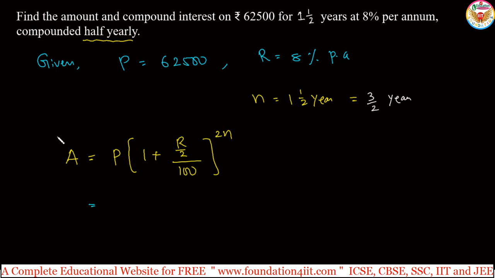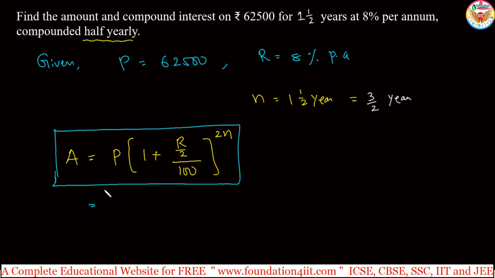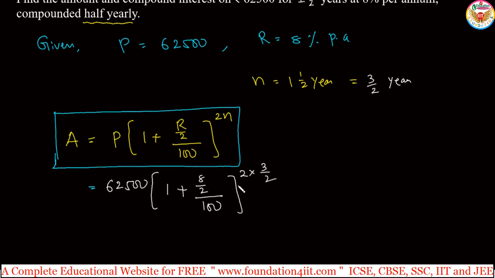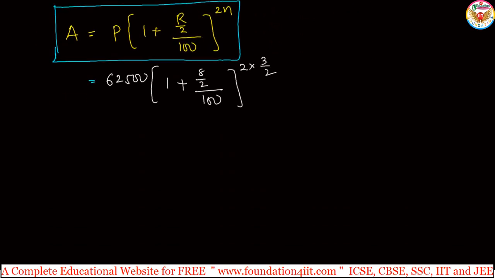Let us calculate. This is the formula to find the amount as we discussed previously. Now the P value is 62,500, 1 plus R is 8, so 8 by 2 divided by 100 whole to the power 2n, where 2 stays as it is and n is nothing but 3 by 2, converting the mixed fraction to improper. R is the rate of interest per annum and n is the number of years only. After substituting here, the next step will automatically change as required. Then now it becomes